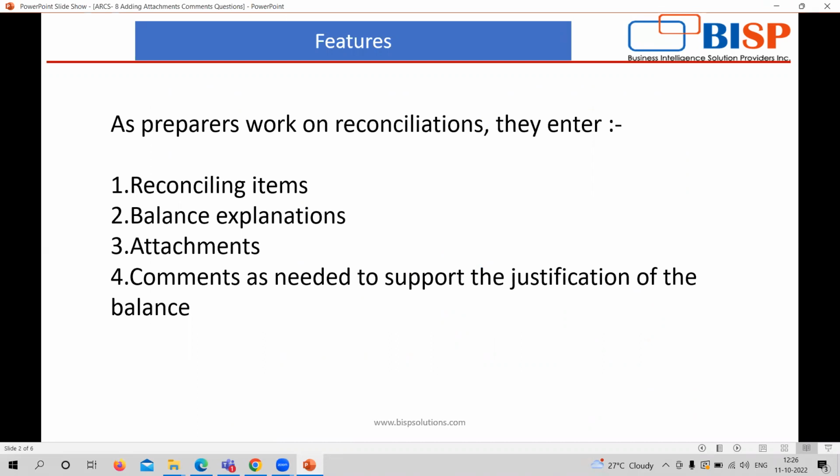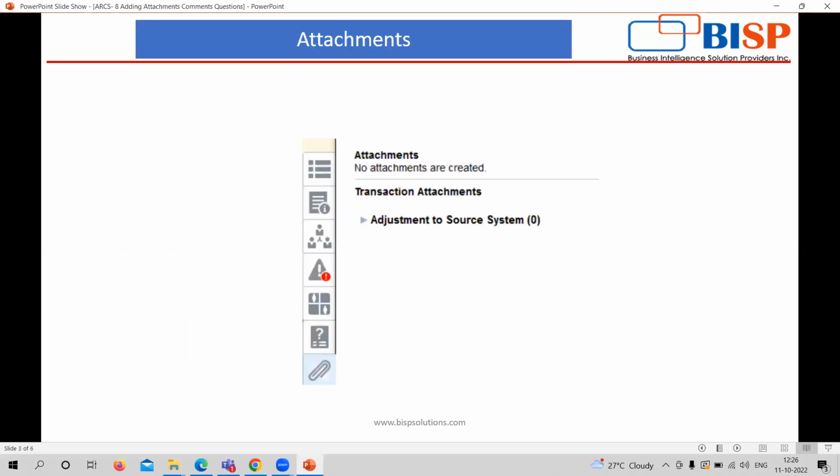Here, the preparer is the one who needs to give explanation on the reconciliation part. What the preparer does is reconcile the items and give balance explanation. He can attach files here for the explanation and also add comments. And if a question arises,